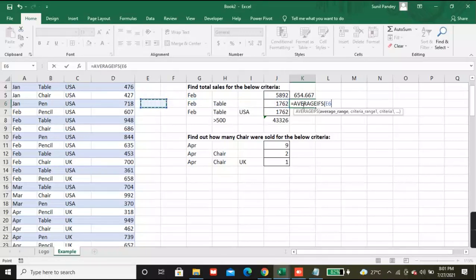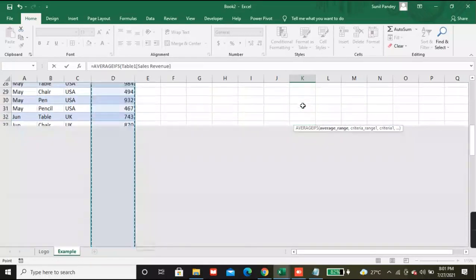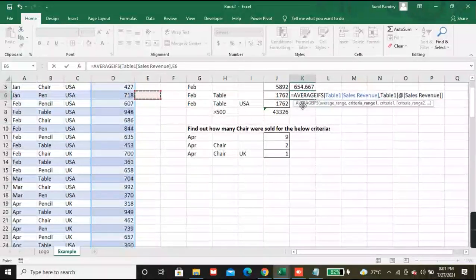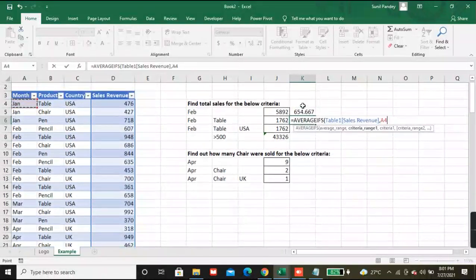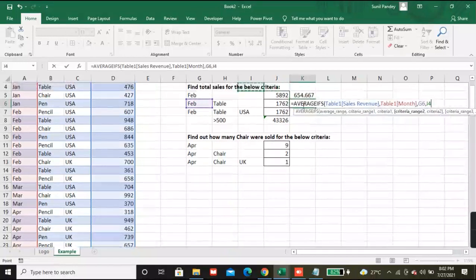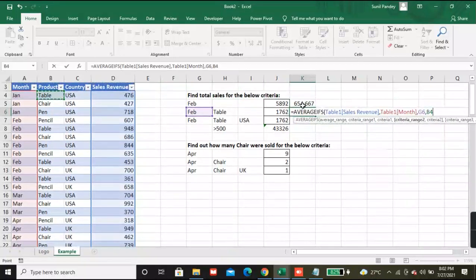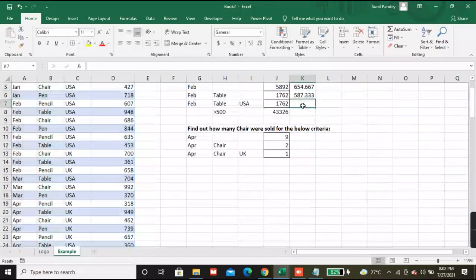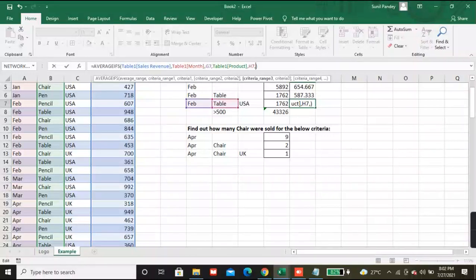Average range, here also your average range would be the first criteria range, the first criteria range, second criteria range. Okay. Same way you can add a third criteria also.